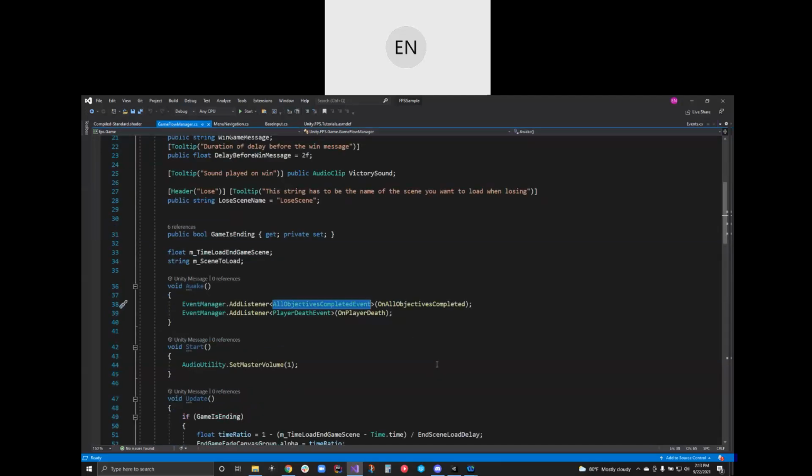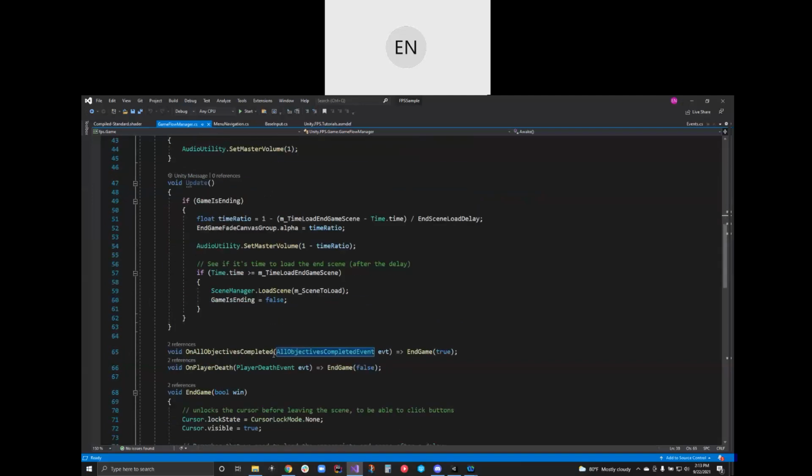As you start coding more and more, a lot of this becomes a lot easier. This is very conceptual level, and if it's confusing, it's okay. So the game flow manager listens to when objectives are completed and when the player dies. It doesn't worry about when it's actually triggering. It's just listening for when somebody triggers it. Another piece of code triggers it.